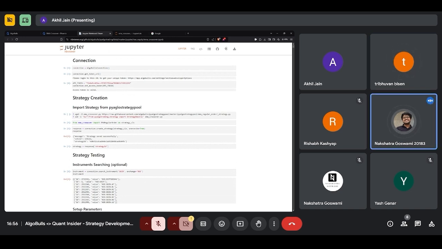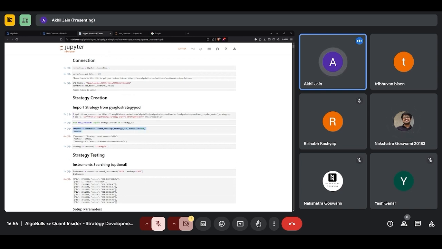As I can see, we are fetching the strategy that is already saved in our account. So, is that right? Yes, your AlgoBulls account.